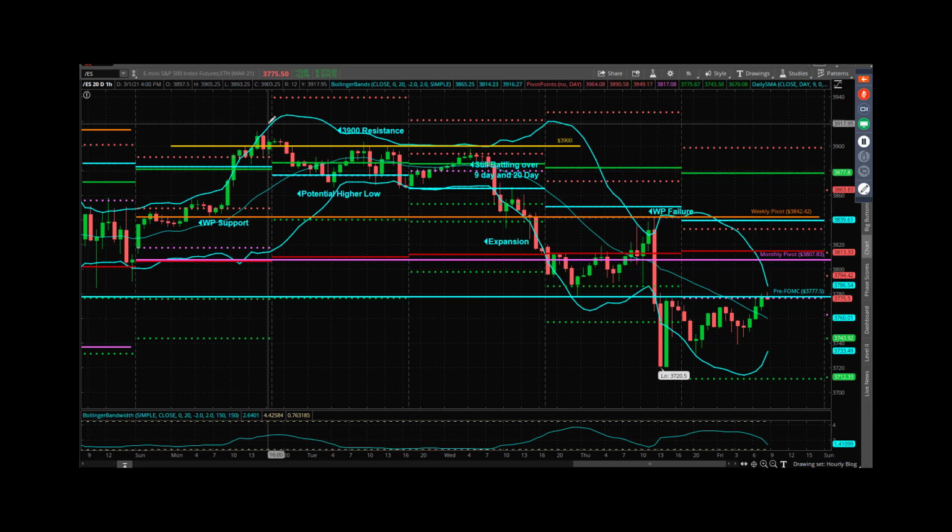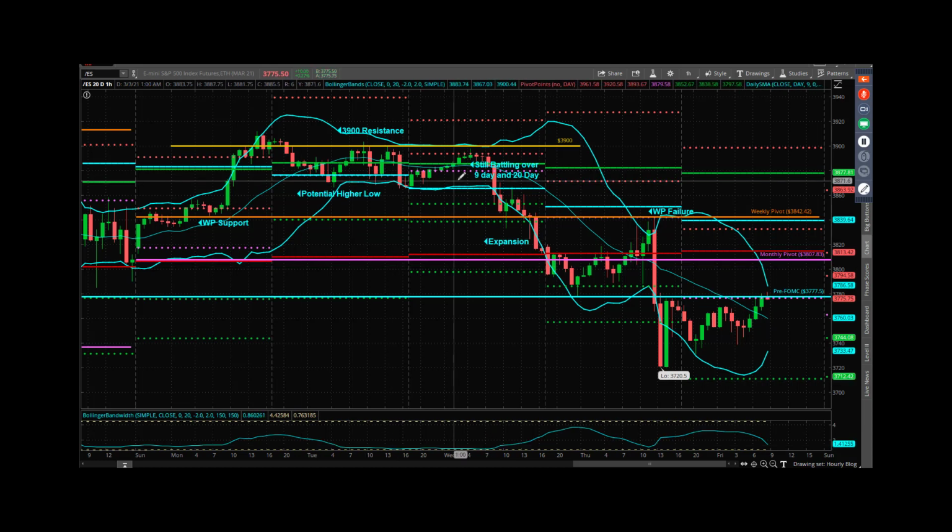So we started off by talking, early in the week, about how 3,900 was resistance. The bulls were having a lot of trouble getting through 3,900. They couldn't get it done. They didn't get it done. We battled with the 9-day and the 20-day in tight bands. See how the Bollinger Bandwidth has kind of gone through the floor there. There was a point where it got under